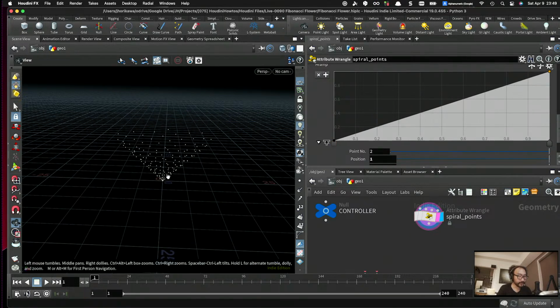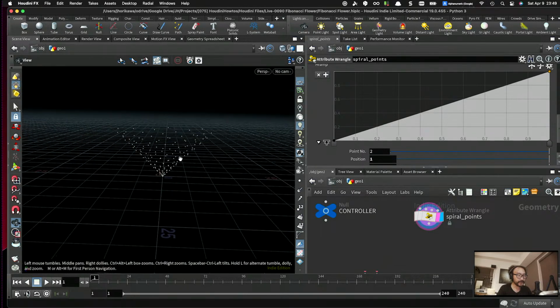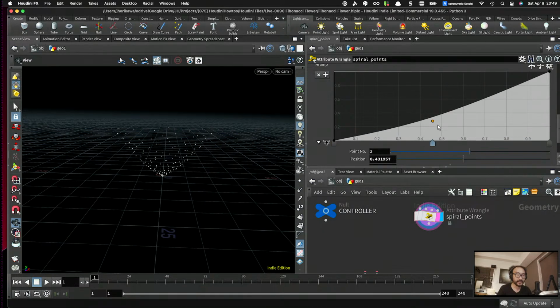So you can say that the line direction, the cross sections of this part, half of this part, corresponds to this curve. So if I change this, you can see that the